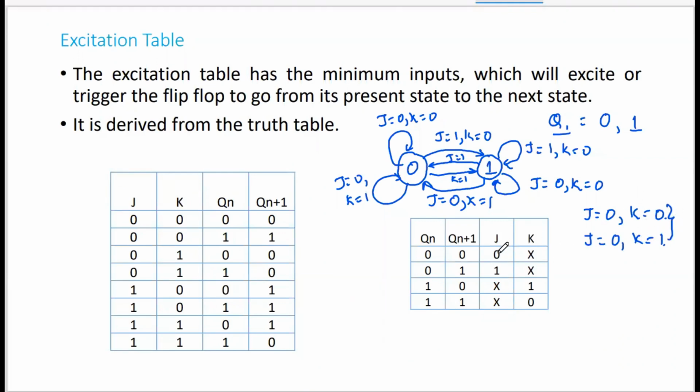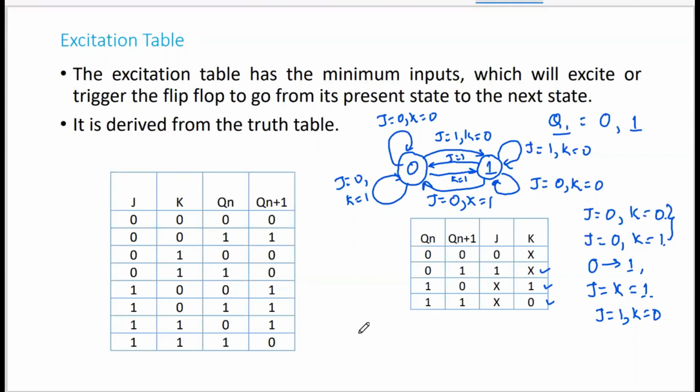So on the basis of this, you are getting the first state for 0 to 0 as 0 and don't care. Cross is basically don't care. It means it can be 0, it can be 1. Now 0 to 1. So the transition is 0 to 1. That is only possible if j is equal to 1 and k is equal to 1, or the other possibility, j is equal to 1 and k is equal to 0. So j is 1, k can be 0 or 1. So this is don't care. Similarly, third and fourth. When we list them, they combine together and your excitation table is formed.